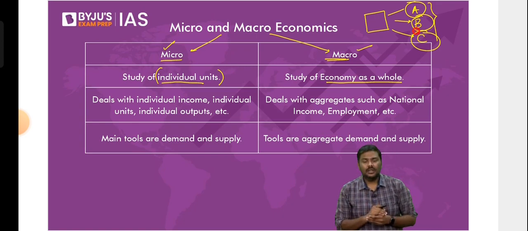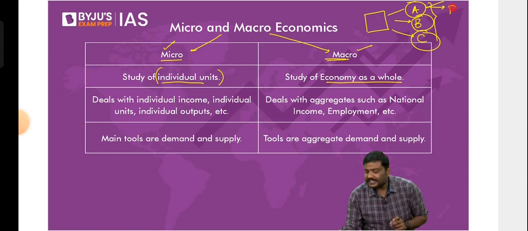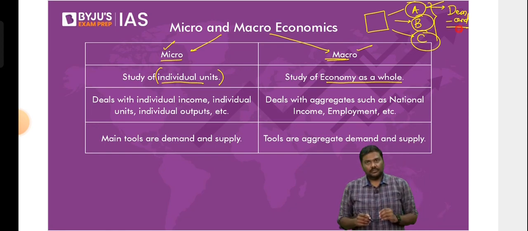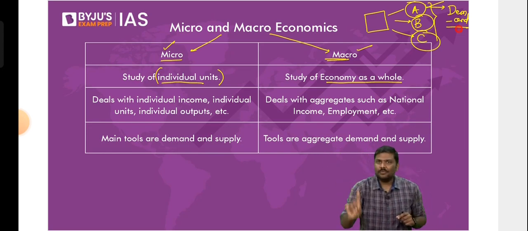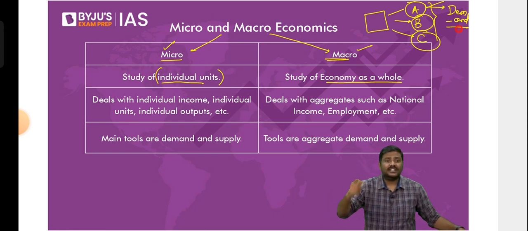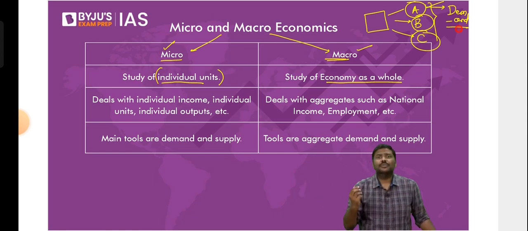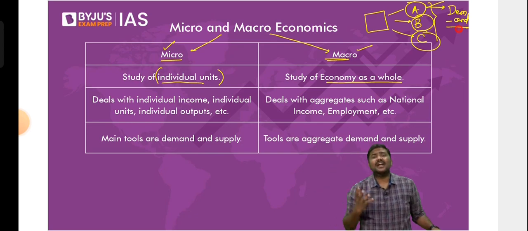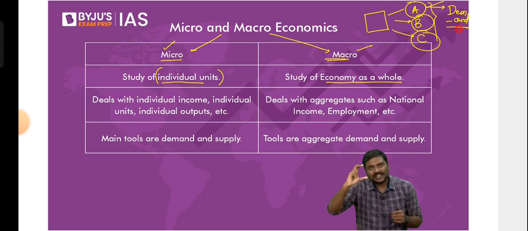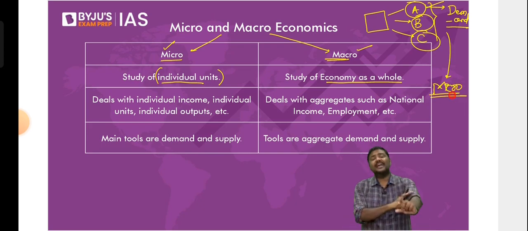So what do you mean by focus here? I will study how much is the income earned by person A, and how much is the demand for goods and services by A. For example, imagine your own house. In your own house, there are, let's say, 5 people. Now, if I start studying you as an individual entity, I will look into how much income you are earning, how much production of goods and services you are doing, how much demand for goods and services you are doing, what kind of savings you do, where do you keep your savings? Do you invest in the market? Do you invest in the bank, or you simply keep the amount in the savings account? What is your savings like this? So if I start studying all the individuals like this, this is basically the idea of microeconomics.